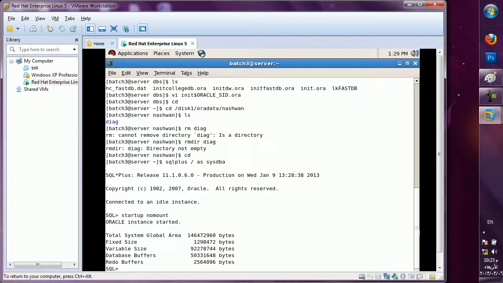Now we will create the database. In nomount stage you have to create the database. If the database is created properly, then you can start it in open mode. Now startup nomount, but no database, only the instance started. My database is not mounted or started. We will create a database now. Now the command is for database creation.